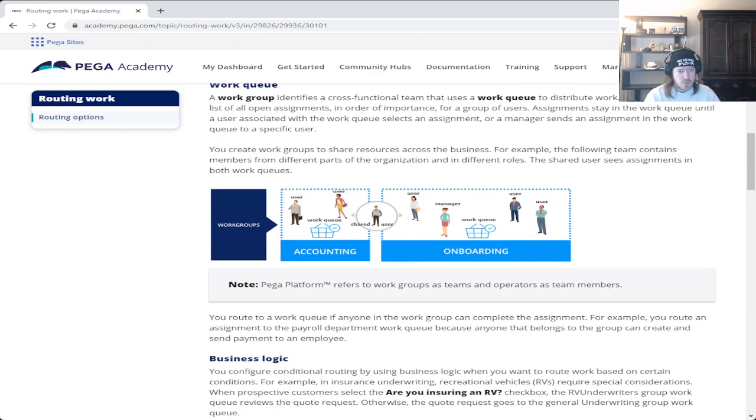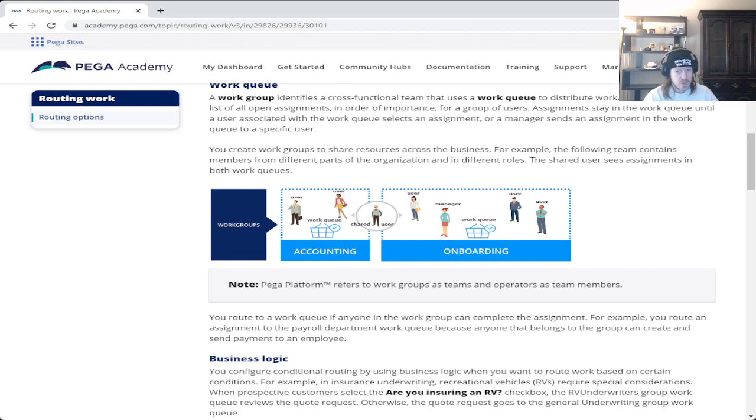All right, work queue. A work group identifies a cross-functional team that uses a work queue to distribute work. A work queue is a list of all open assignments in order of importance for a group of users.